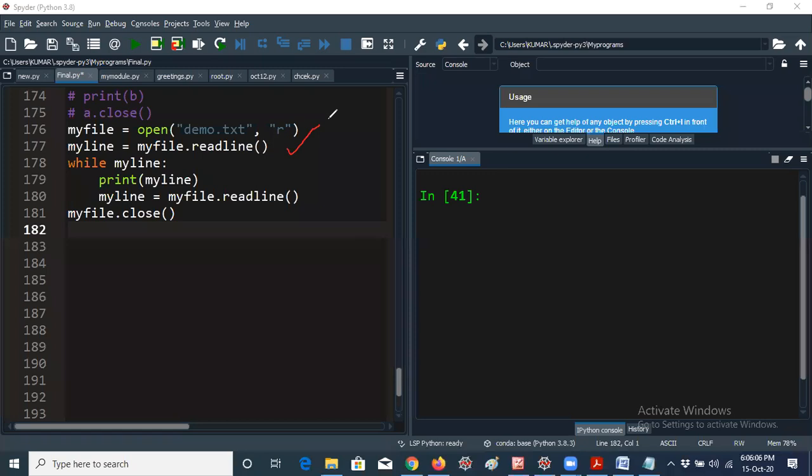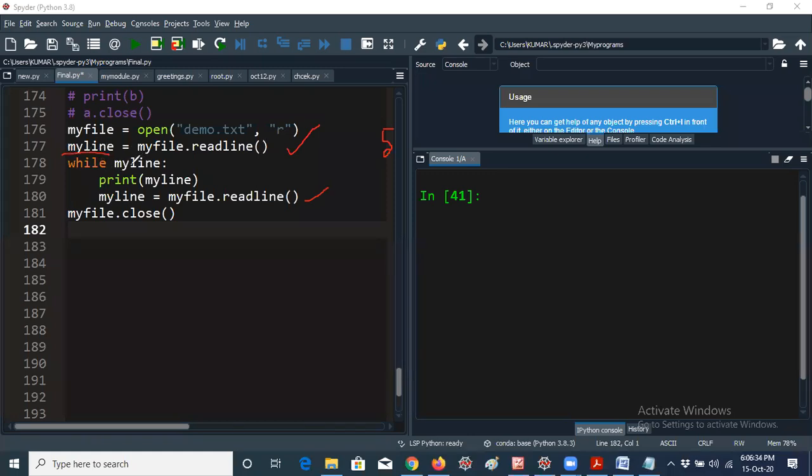But here I am giving while my line, print of my line, and my line equal to my file.readline again. How many lines do we have? Actually 5 lines we have. If the file contains 5 lines, it will read all the 5 lines. Here my line takes each and every line. First it will take only 1 line at a time. This first line will be taken in my line variable.